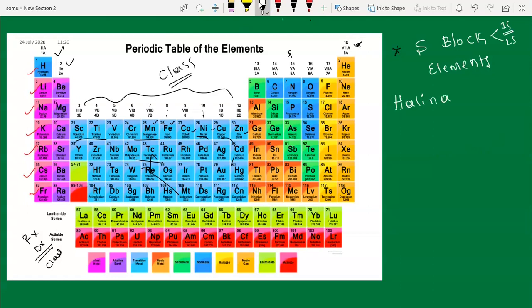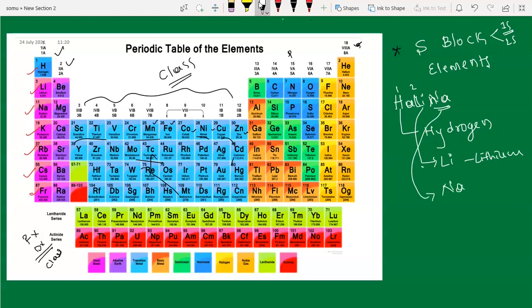इसमें हमको H से हाइड्रोजन आ जाता. You can remember hydrogen here, the first element. And Li, you can remember the second element here, that is lithium. And the order is also following Na, that's why I wrote it in a capital letter. So this you also have to write in a capital letter. Sodium, Na represents sodium. I hope you understood. Halina refers to the initial three elements of the first group.